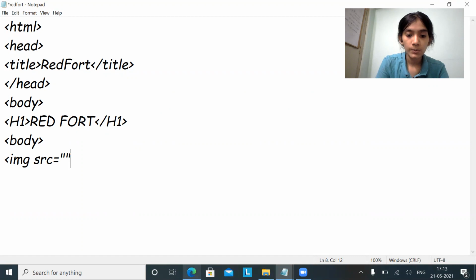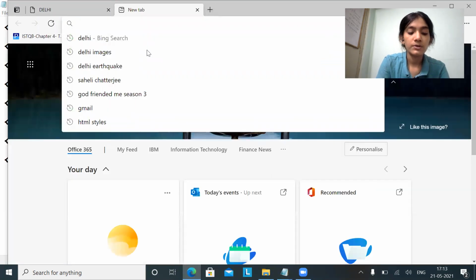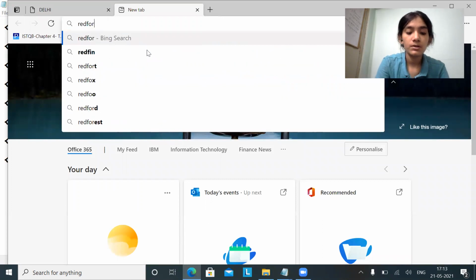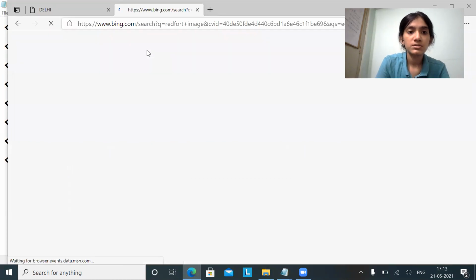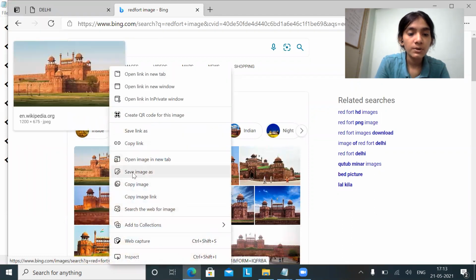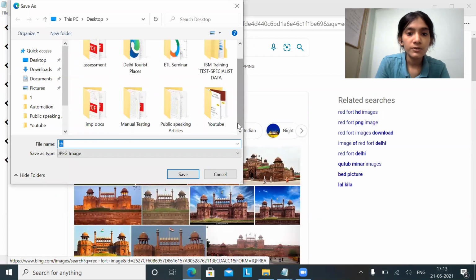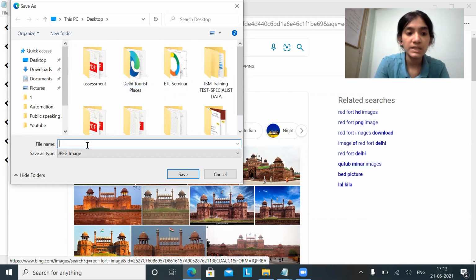So go to Google, and type Red Fort images. So just download one image, but make sure that you are saving in the new folder which you have created, so that it would be easier.